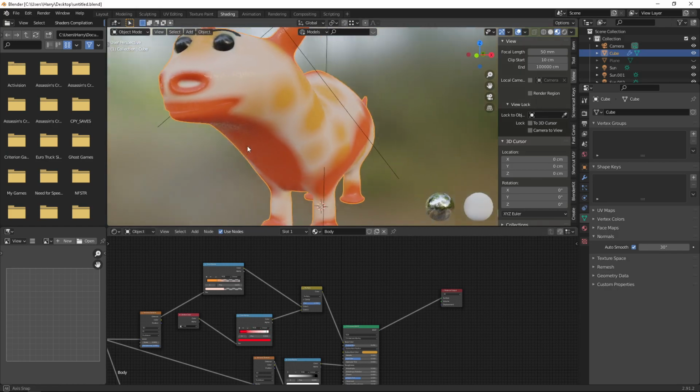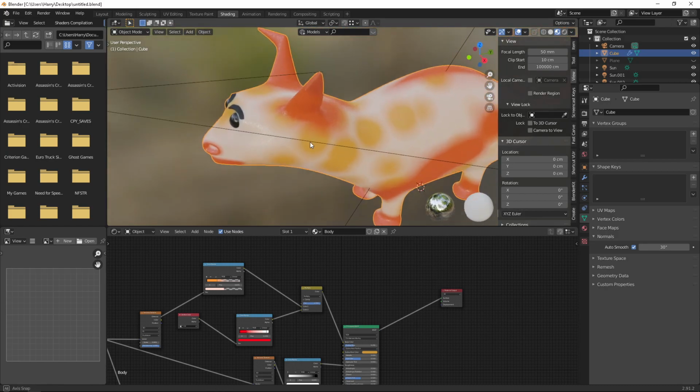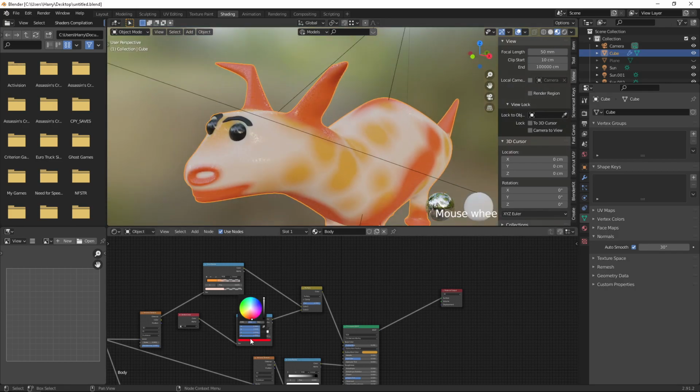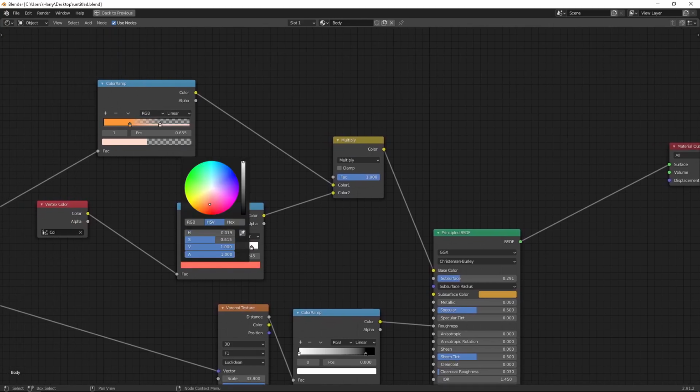Instead of red orange, I'm going to give it brown and black. Just make it big and select this and go for brown. Let me go for orange only and make it dark.